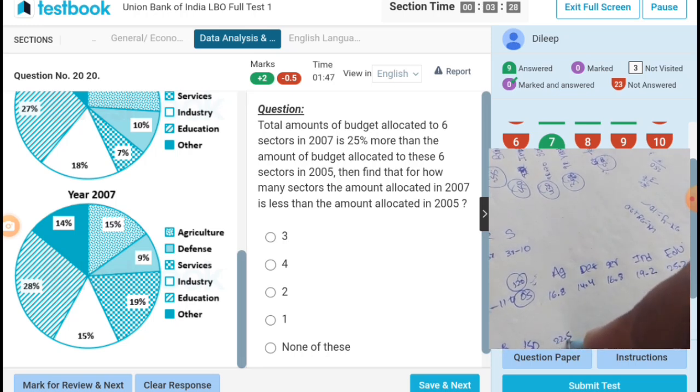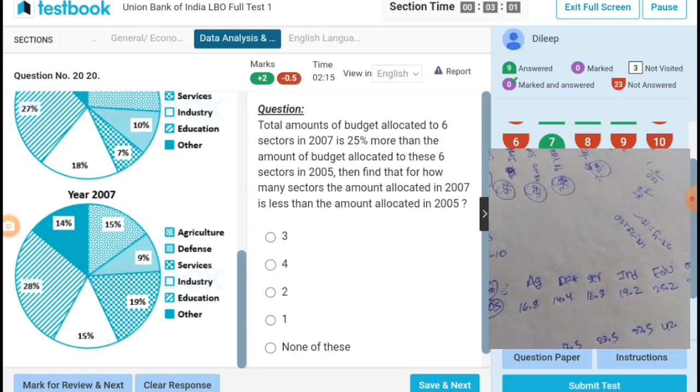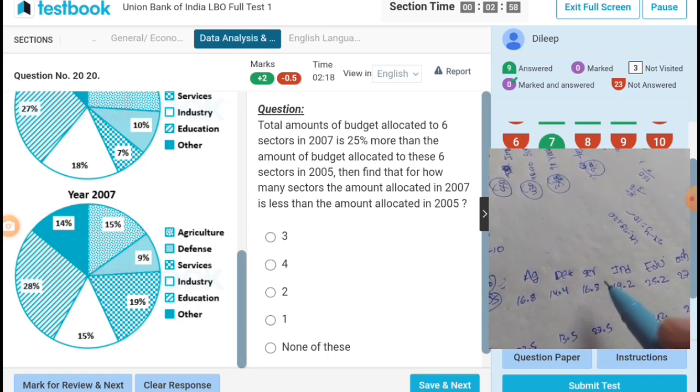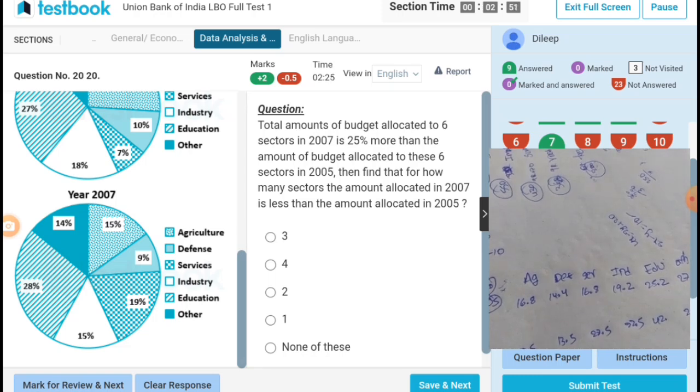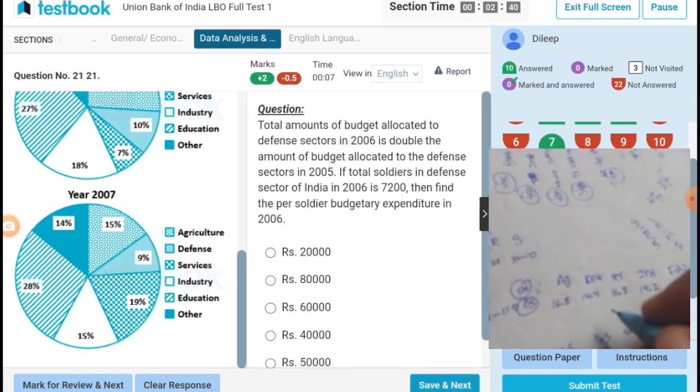So 22.5, 13.5, 28.5, 22.5, 42.5, sorry 42, and 21. 2007 is less than the 2005. 1, 2. The total amount budgeted to defense sector in 2006 is double the